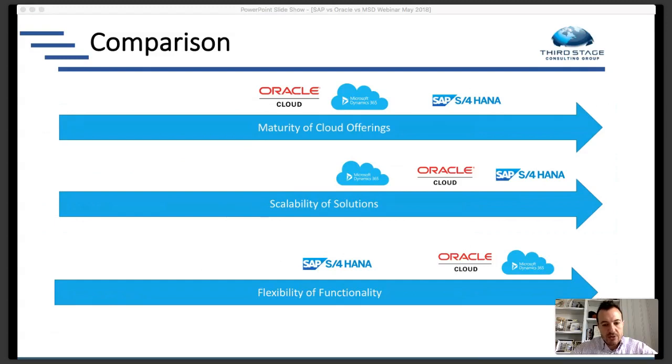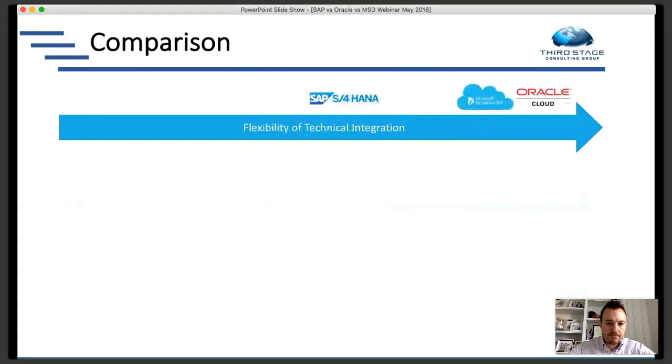I give the slight edge there to Microsoft Dynamics, partly because from a usability perspective, it's easier to learn in the short term because it has a Microsoft look and feel, but also because the integration and customization tool sets are pretty user friendly as well. Compared to the other two products, it's a bit easier to change D365 than it is to change Oracle, or especially S4 HANA. S4 HANA is going to be the harder one to retain that sort of flexibility, although I know SAP is working hard to change that perception or that reality of their system.